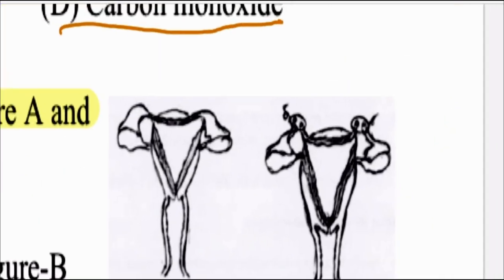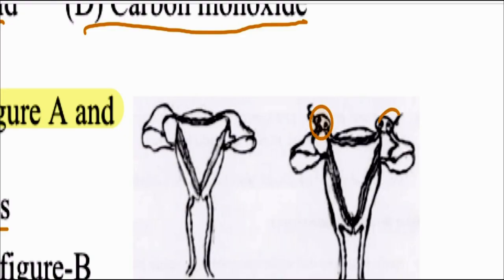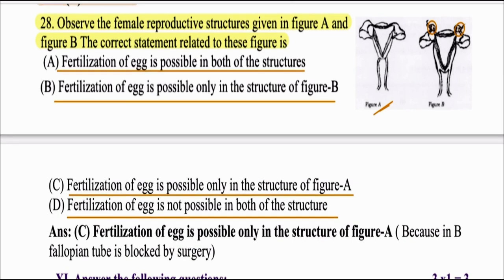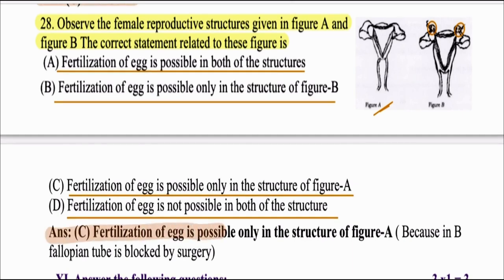As you can see in this figure, here it is blocked by surgery and fertilization happens only in figure A. So the answer will be option C, fertilization of egg is possible only in the structure of figure A, because in B, the fallopian tube is blocked by surgery. Next,